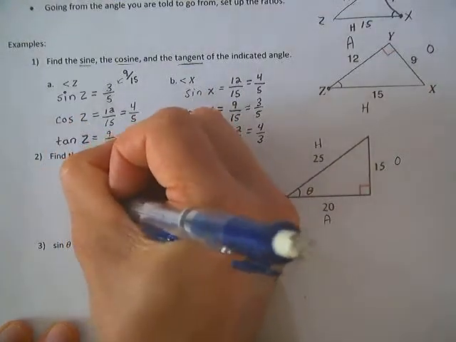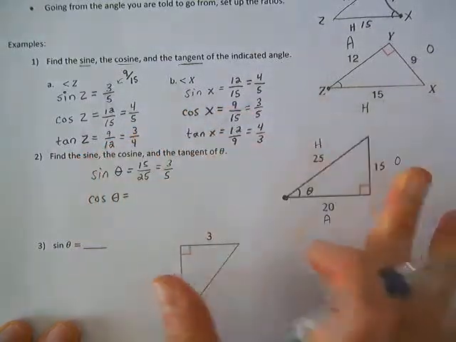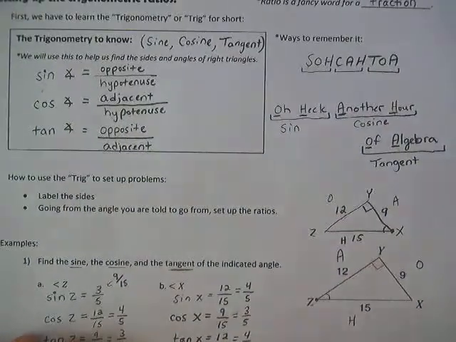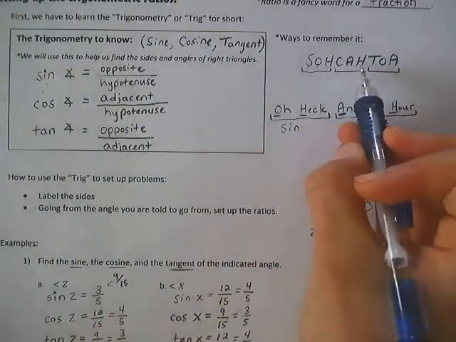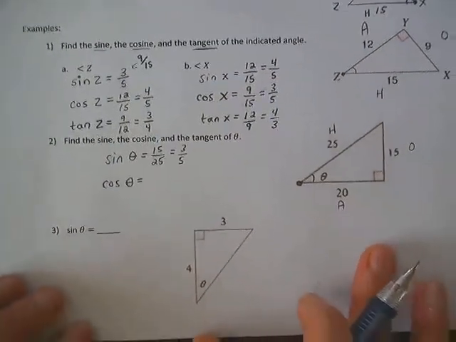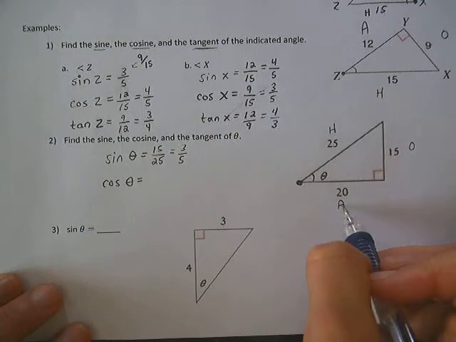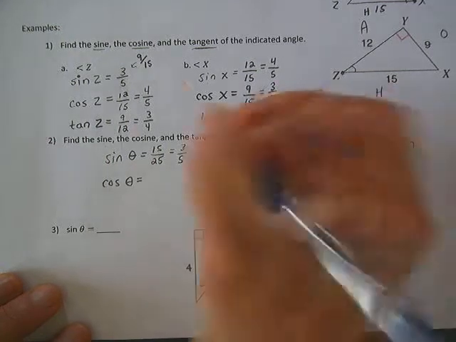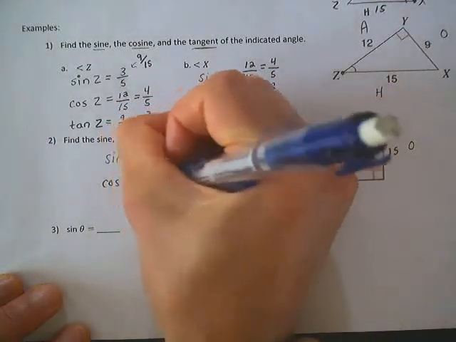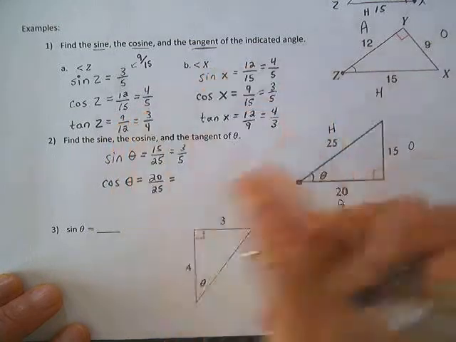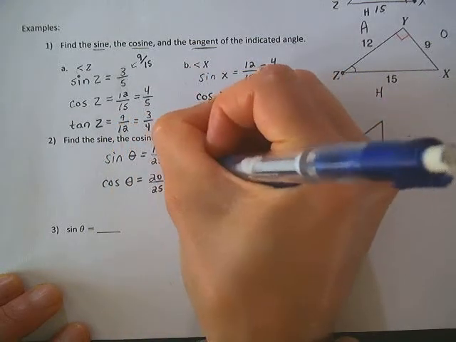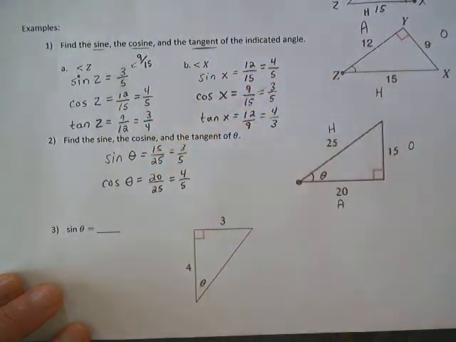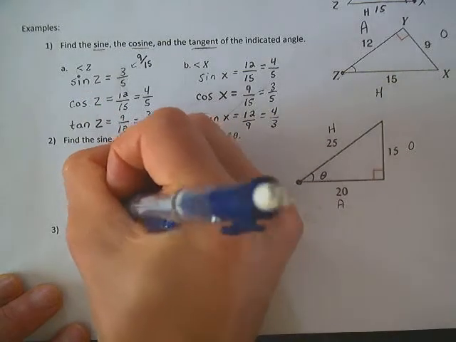The cosine of theta, well, go back up here. Remember that cosine is adjacent over hypotenuse. So when I do adjacent over hypotenuse, the adjacent is 20 and the hypotenuse is 25, so it'd be 20 over 25. That will reduce too, because 5 goes into both of those, so it'd reduce to 4 over 5. And then the tangent,